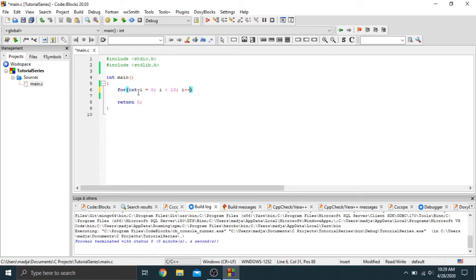So what this will do is i is going to start at 0. We're going to cycle through 10 times, and each time we want to add 1 to i. Now we want to put our code block with our curly braces, and inside of here, let's just print percent d and then i. So when we print this, you'll see what i is each time. So if we run it,